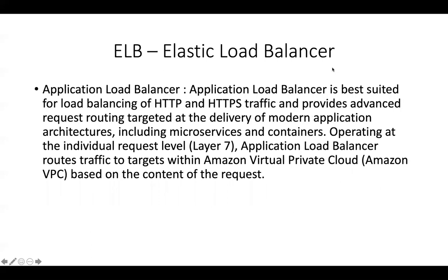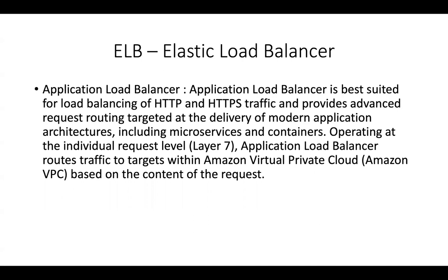So we have the first type over here, which is called the application load balancer. And this application load balancer, as we all know, since we have studied CCNA, we should have studied about the OSI layer, those 7 layers of the OSI model. So open system interconnect model, I think. So over there, you have the first layer, which is the physical layer. You have the data link layer. You have the network layer. You have the transport layer. You have the session layer. Then you have the presentation, and you have the application layer.